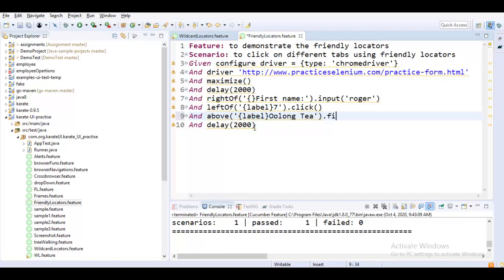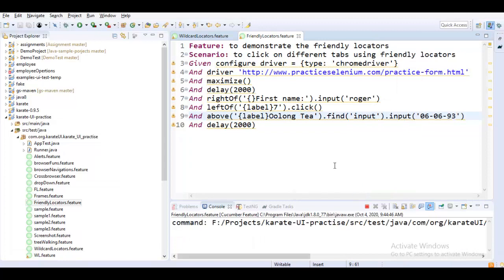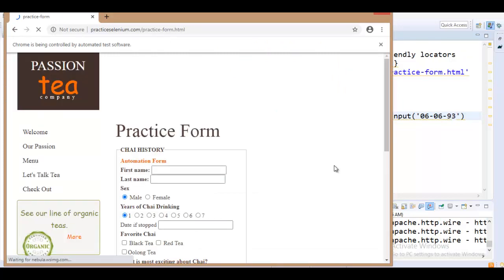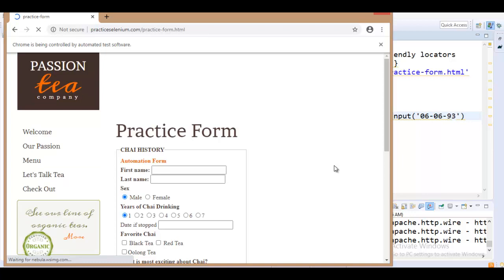And then this time I'll chain this to an input tag using the find method, and input is the method and I wanted to send keys. Say for example some date I'm passing, for instance 06061953. Since again it is also an input tag, find is optional here, but I wanted to demonstrate that keeping it and not keeping it does not make any difference as long as the tag that you're looking for is an input one. So let me keep it this time. It should just click.